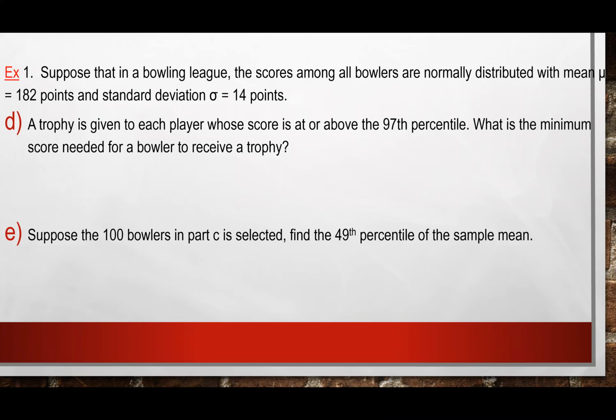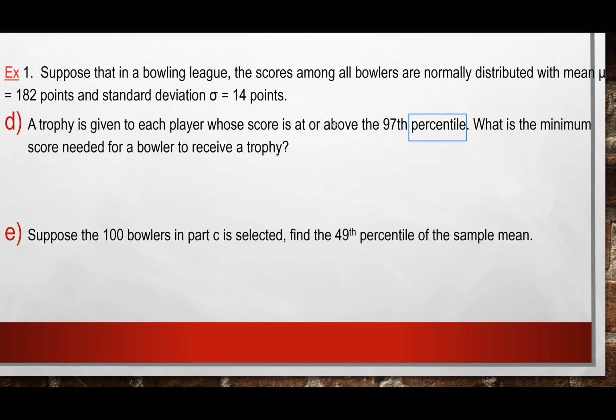For part D, they ask: a trophy is given, same information, to each player who scores at or above the 97th percentile. What is the minimum score needed for a bowler to receive this trophy? Hopefully you see that they give us the percentile, in other words, the percentage to the left. If they give us the percentile or a percentage,